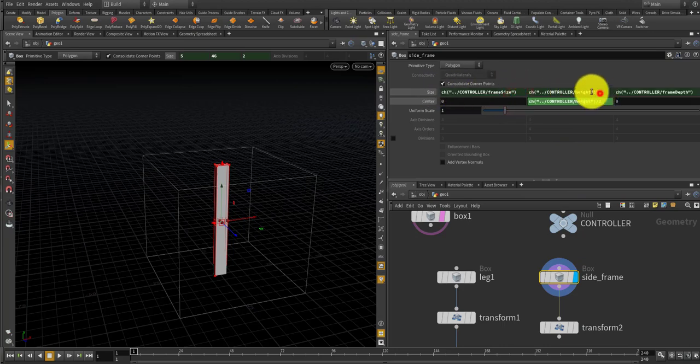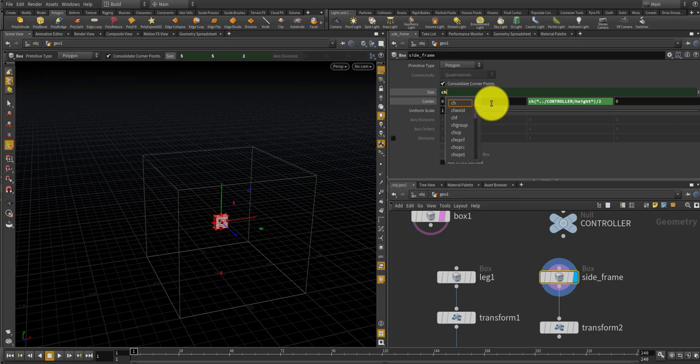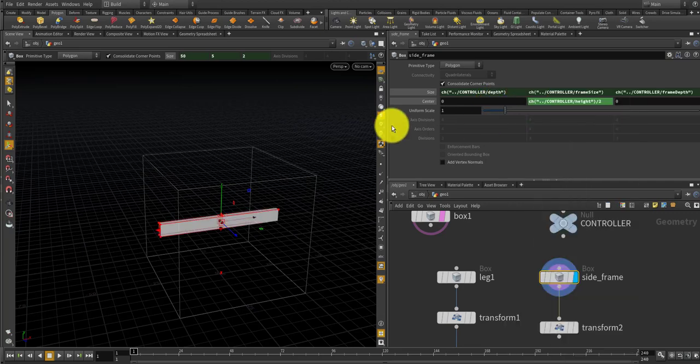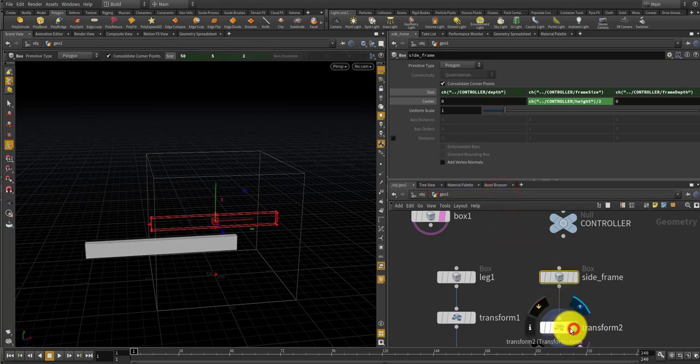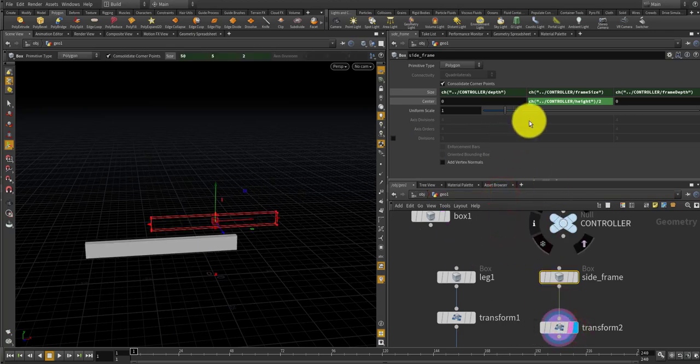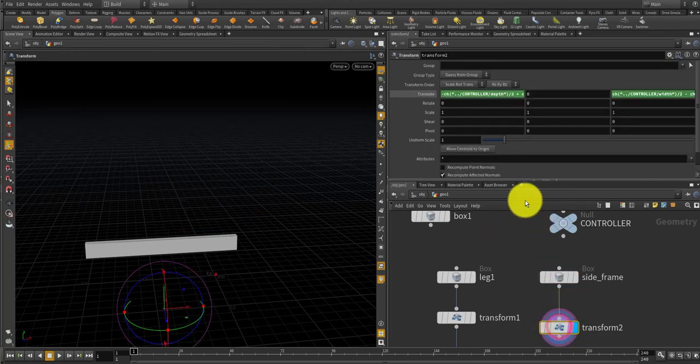And copy this to the height. The size of the X is channel depths. And if I move this to